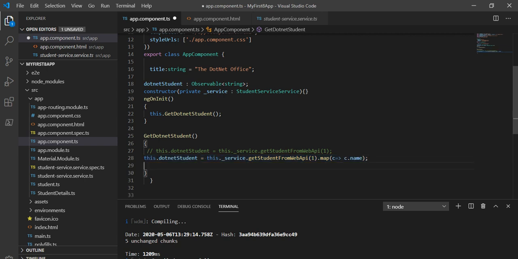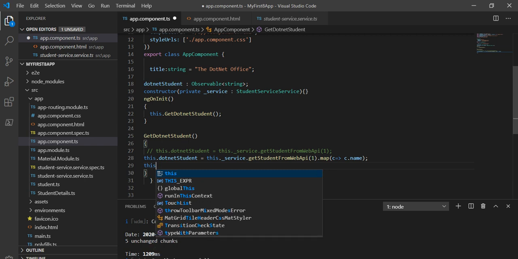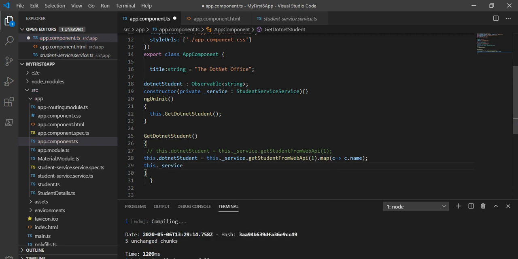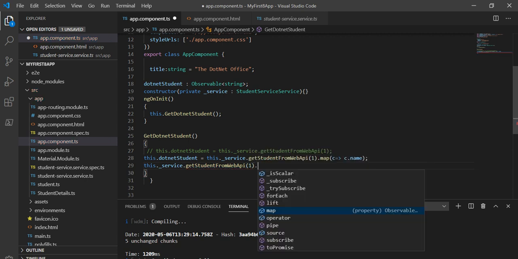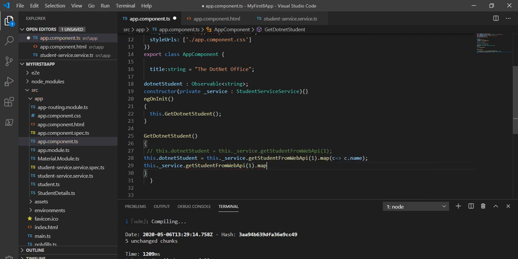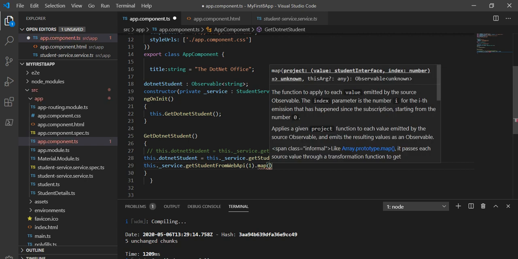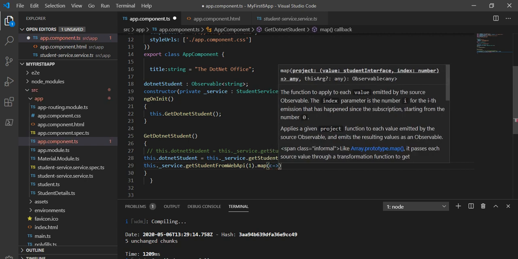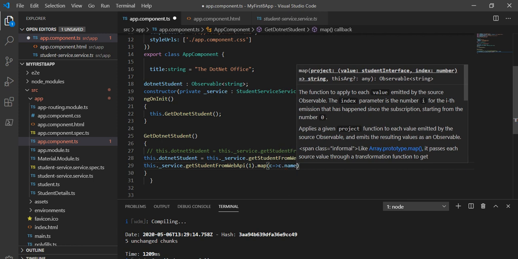So I will write this.service.get student from the web API, and I am going to get data for 1, then map, and what I want is .name.